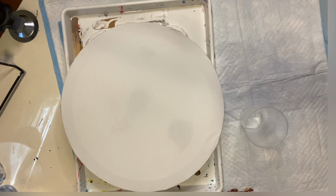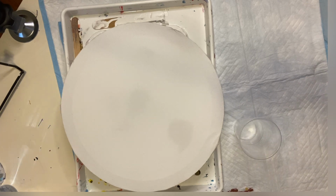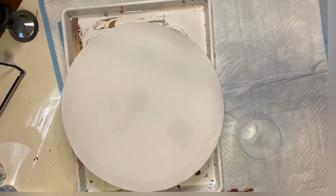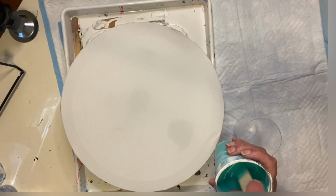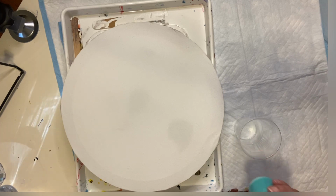And today I'm going to use some of my leftover paints, and I have a 12-inch round here, and I'm going to be doing a ring pour, and I have a lot of leftovers here. And this here is a concoction of a whole bunch of different paints. I have no idea exactly what's in here, but I thought I would use it as a base,